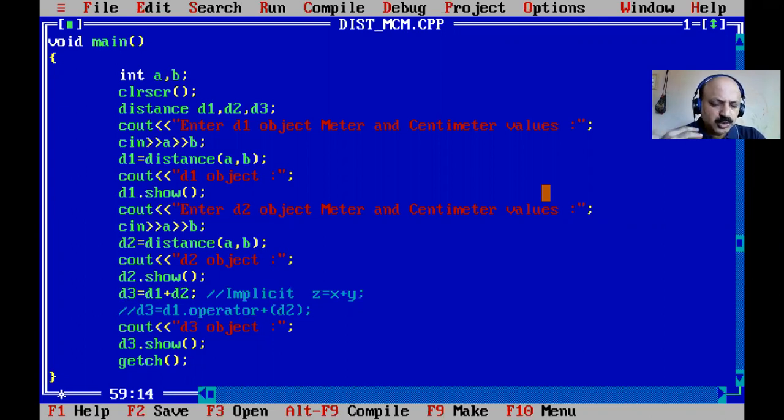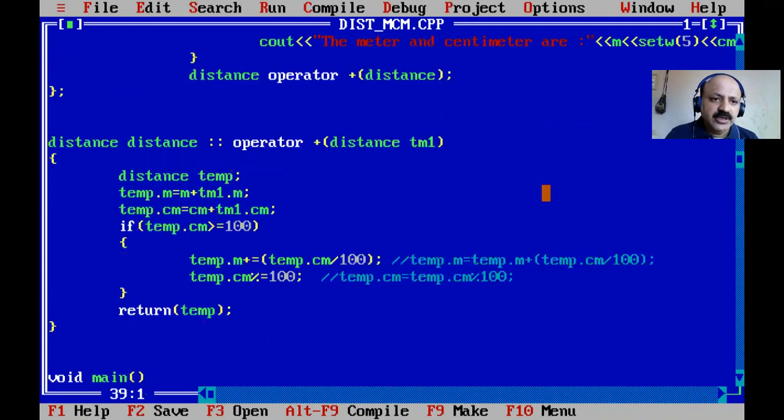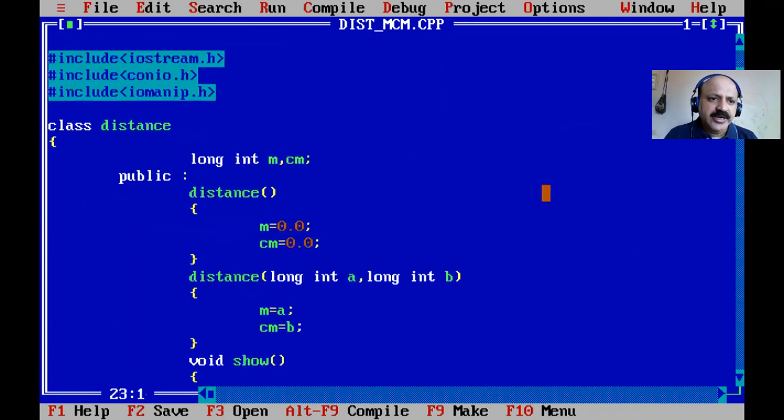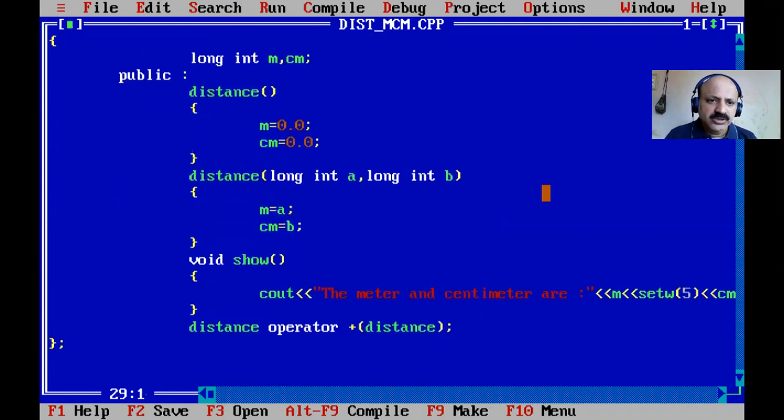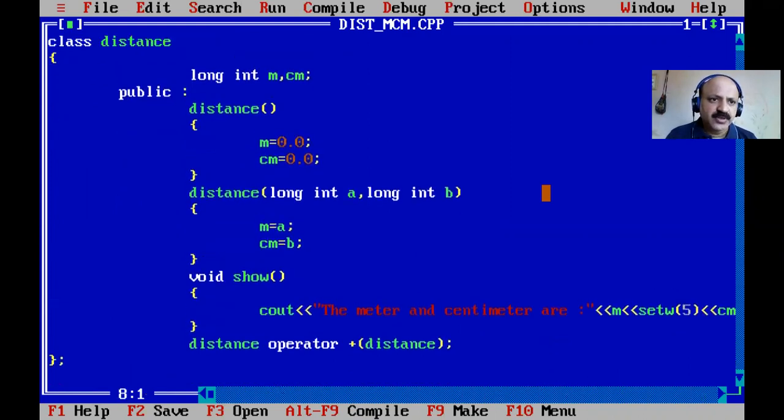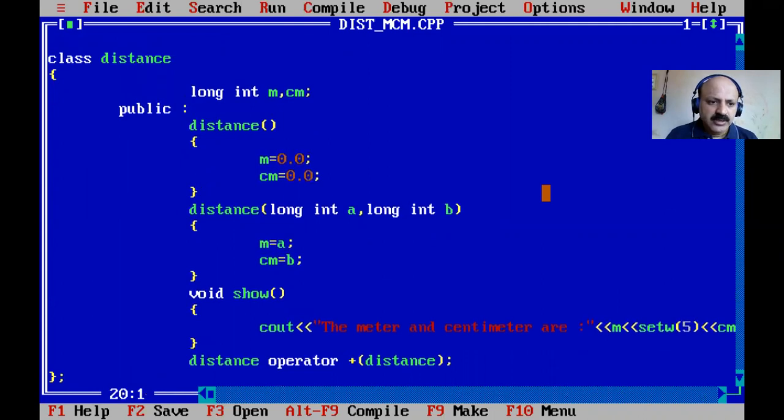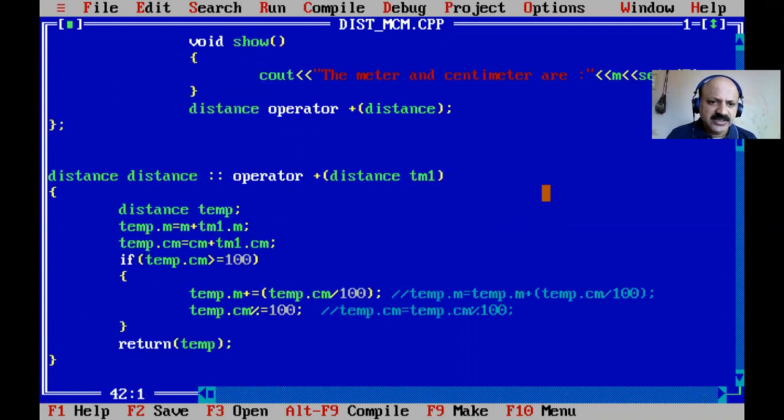Two integers sum, two characters give ASCII code sum, two floats sum, and two strings give concatenation. So the operator is the same, but the meaning, behavior and task are new, that is operator overloading. So now here I finish. First write our class in your notes. Yes, that is our class. I just showed above, all the class is covered, and here only meter and centimeter we have to print. Then our main, that is operator overloading using a member function.